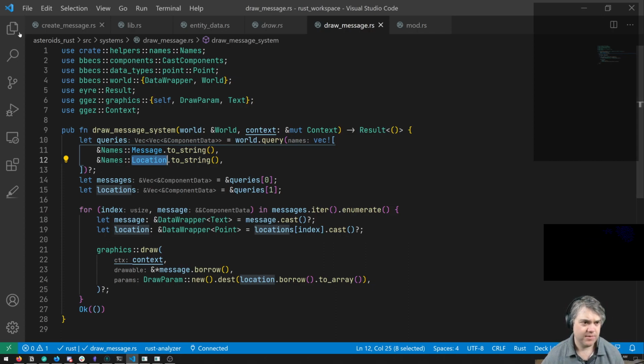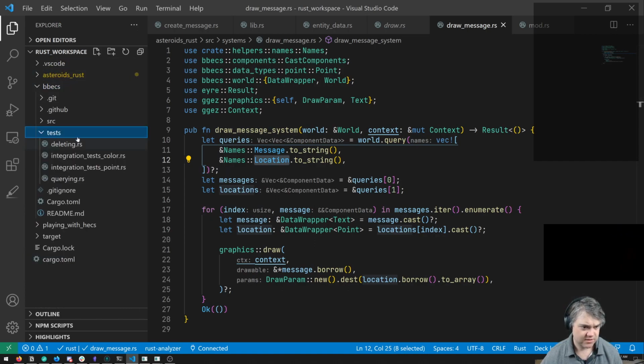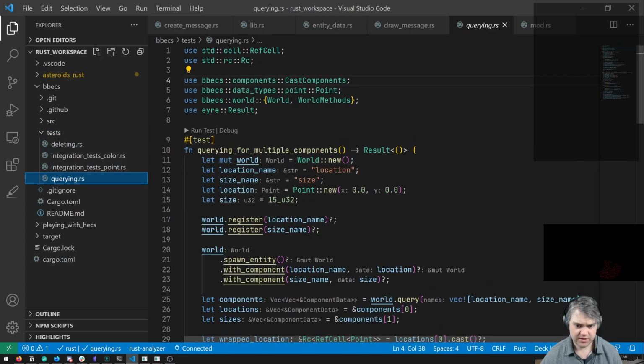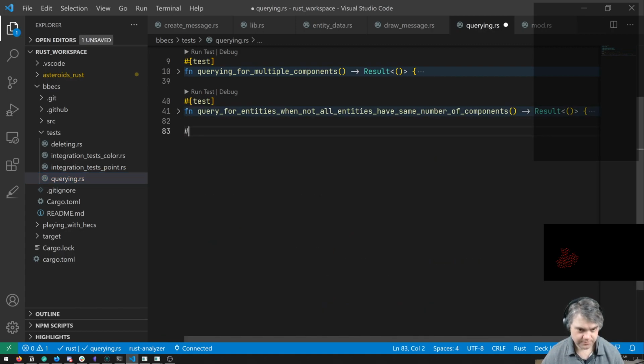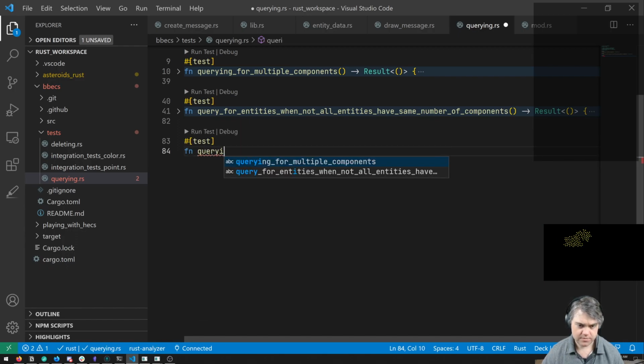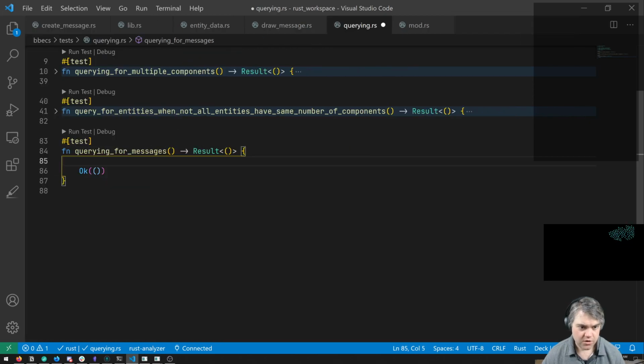So let's see if I can maybe recreate this error in a test for BBECS. So if we come down here, function, okay, so I want to recreate exactly what we have going on.